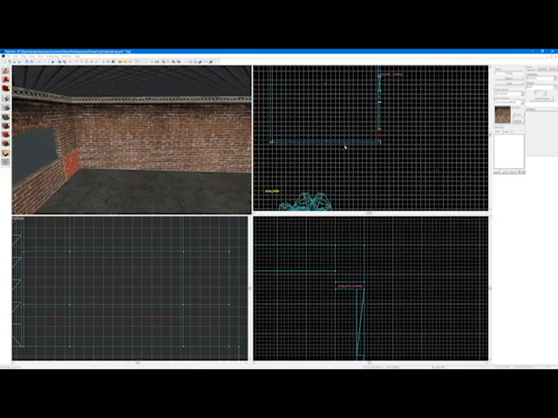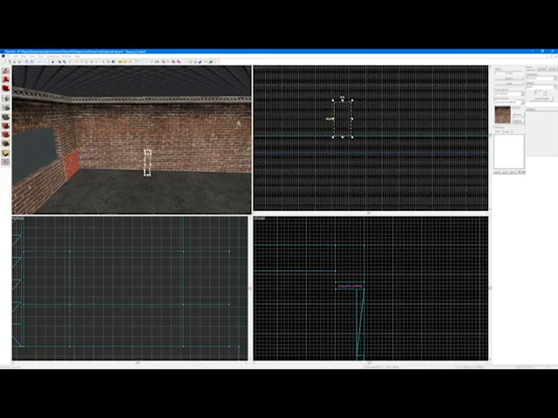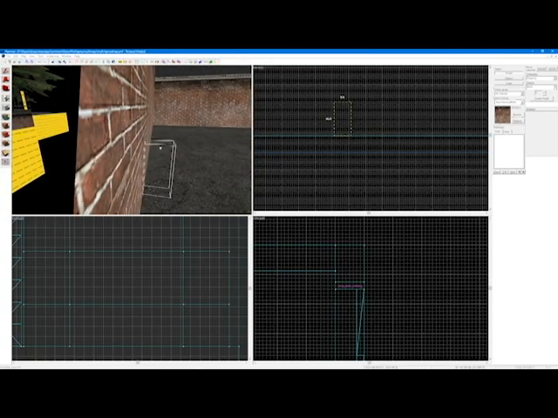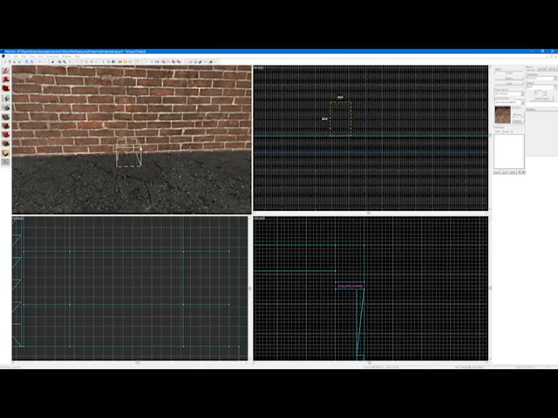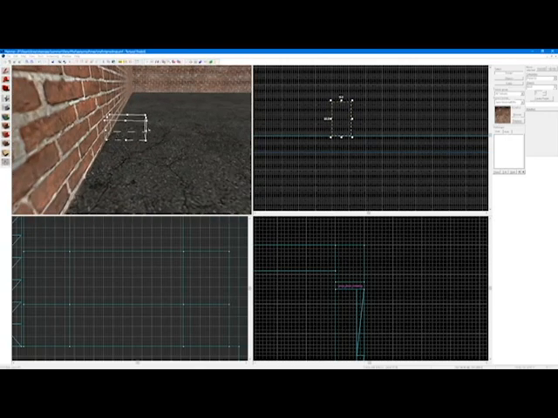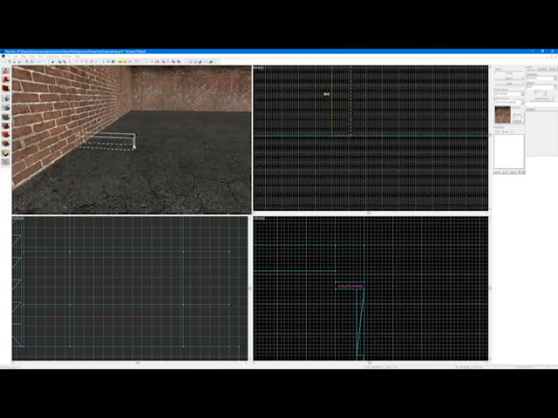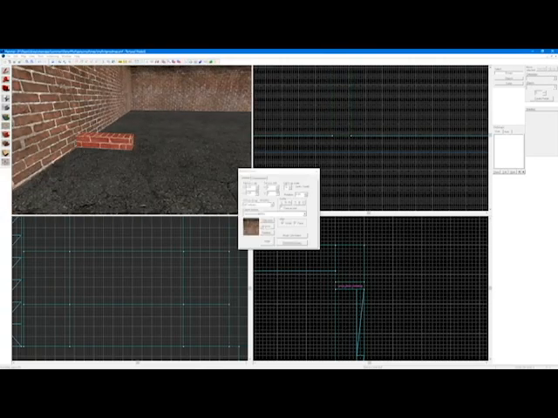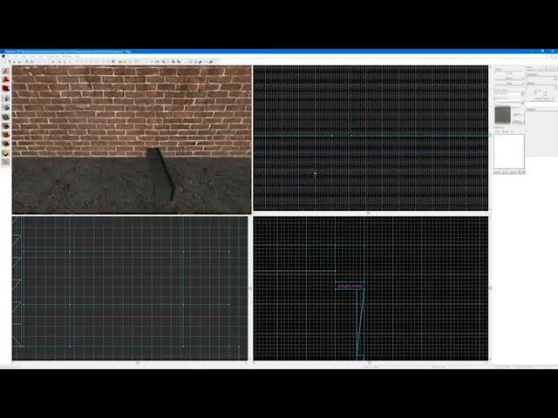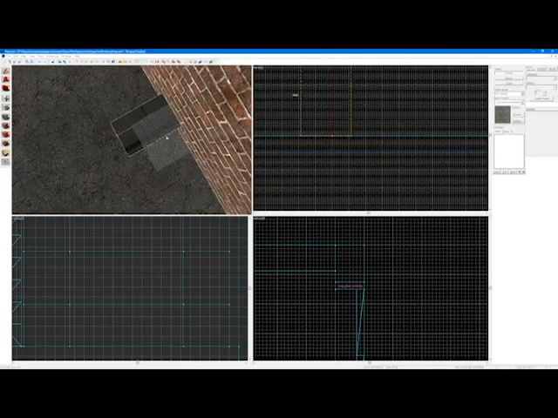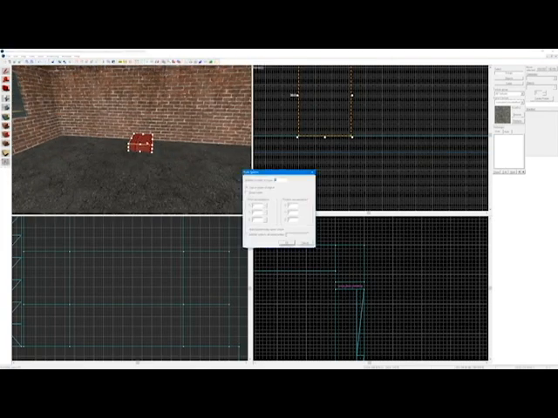Now just get your selection tool to create stairs. Just get a small little block. Just make sure it's a good size. Drag it out a bit. Press enter and look for a texture. Let's use this one. Now we can just drag that out and press Ctrl C and Ctrl Shift V and